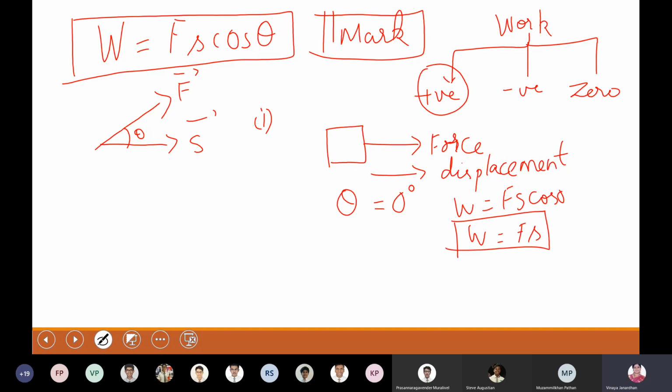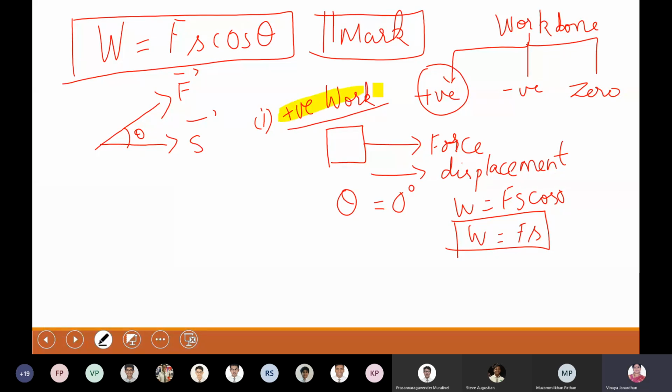So what is positive work? When the body begins to move along the direction of the force applied, then the angle between the force and the displacement vector is 0. Work done will be positive. So now next case, when work, you want to copy down? Copy down, boys. You just write positive, negative, and 0. So the first one will be your positive work.